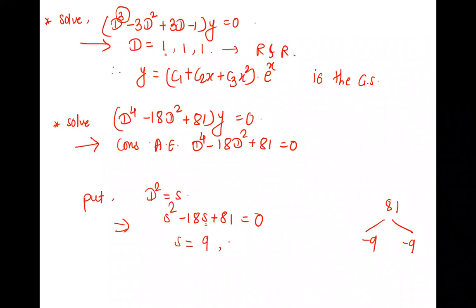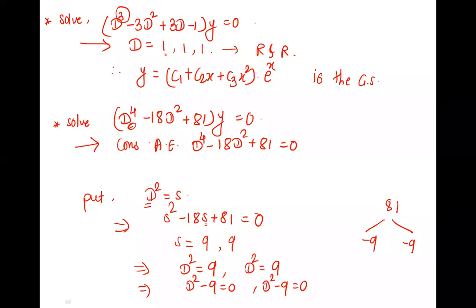But it has power 2 and it is showing you only once. How many times will you repeat? 2 times. Power is 2, so whatever the calculator shows you, 9, it is there twice as the power is 2. So s is 9 and 9. But what is s? D square. Ultimately, we want the value for D, right? That D square we converted to a quadratic so that we can solve it. We were solving for the variable s, but finally that s is nothing but D square. So substituting back, D square is 9 and once again D square is 9. Means D square minus 9 is 0 and D square minus 9 is 0.